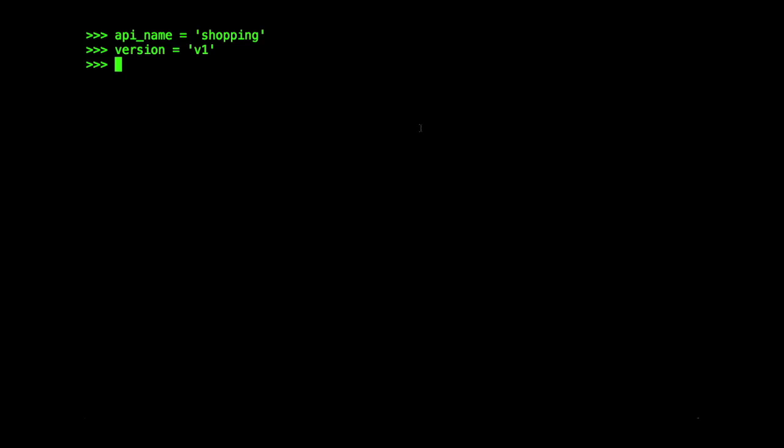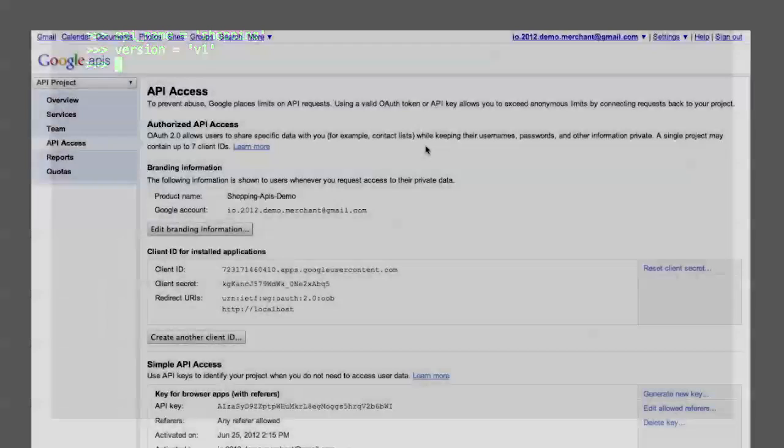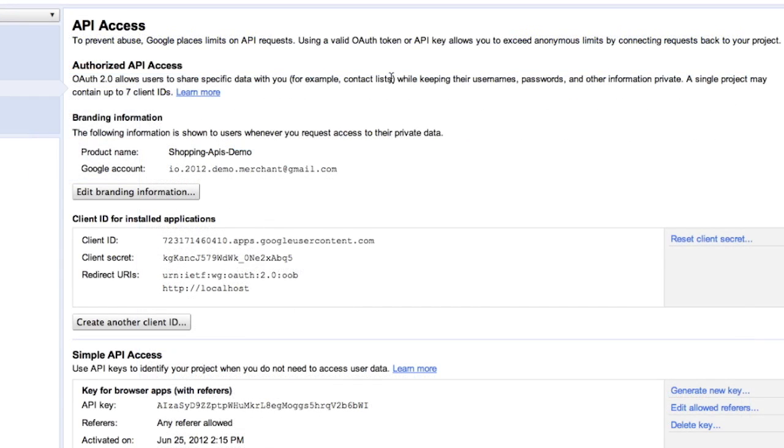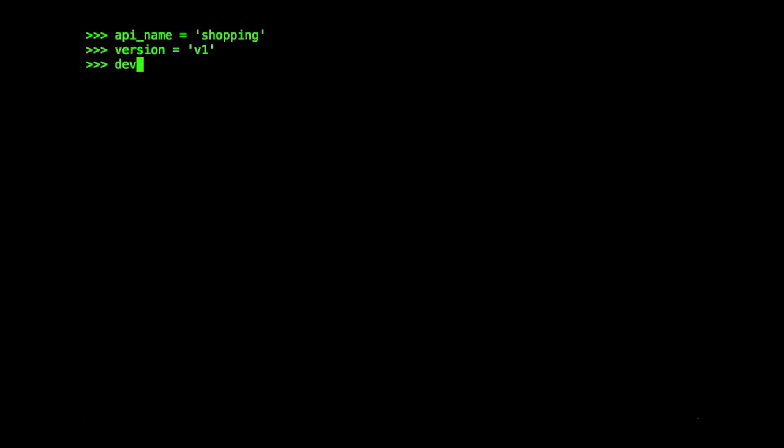In addition, for the search API, we need a developer key, which was created for us the same time our client secret and ID were. Since we specified in that project that we wanted to activate the search API for shopping service, our developer key will be activated and ready to go. If we see here in the API Access tab, we can copy our developer key, capital I, Z, A, S, Y, etc. And we'll paste it into the variable developer key. So developer underscore key equals the string that we